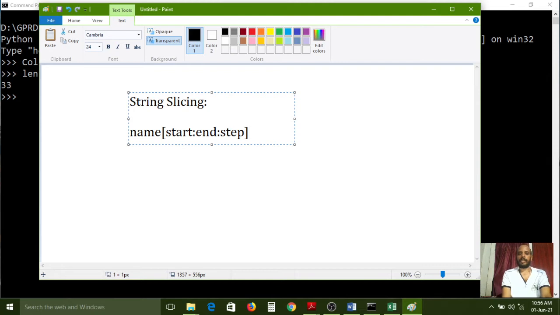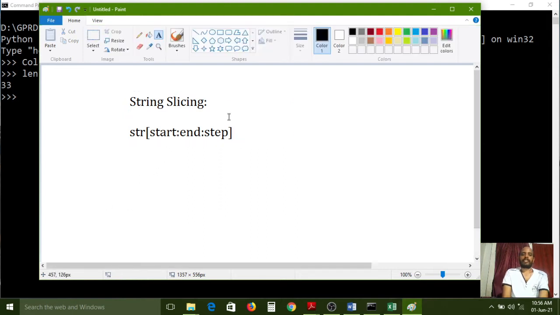This is the syntax, and we can use it in different ways. Instead of str, I can use the string variable we have created, that variable name. Then only that value will represent the starting value, ending value and step value.